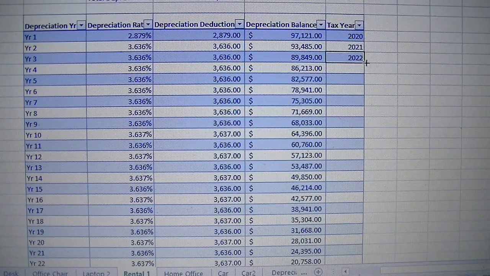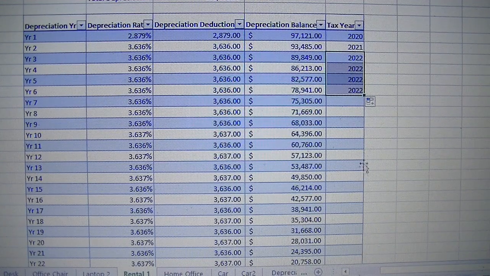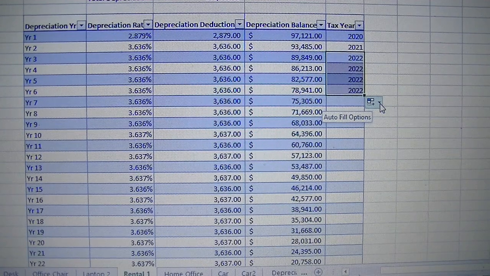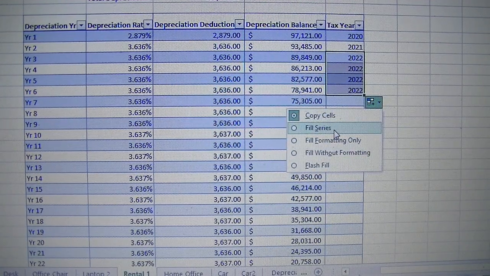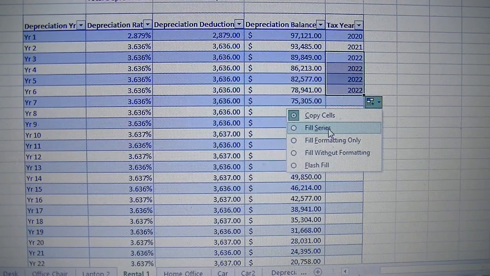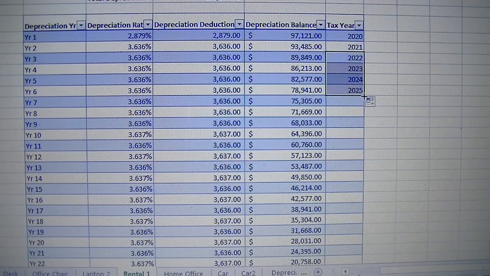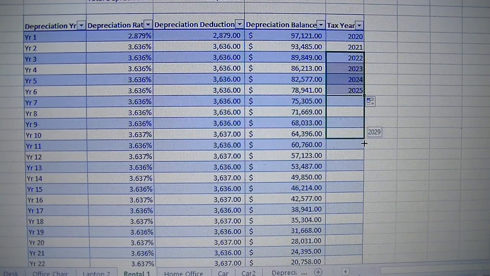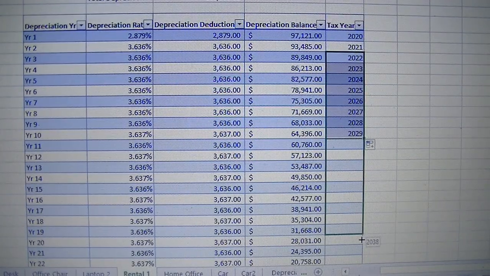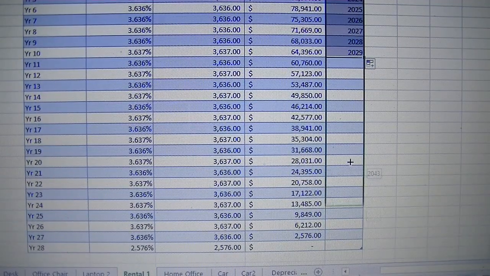And we can just drag it down. It might copy the same number sometimes, and with the little arrow here on the right side, the fill option, you click on the little arrow. If you click on copy cells, that means you want to keep it the same number, but if you click on fill series, it will fill it up for you. And then we just want to continue that,